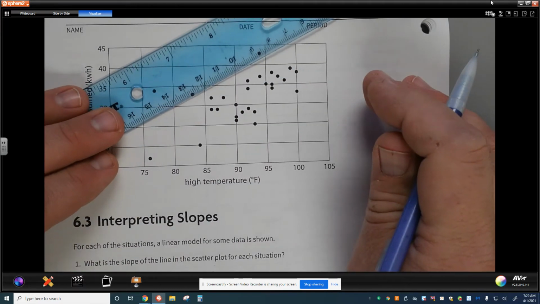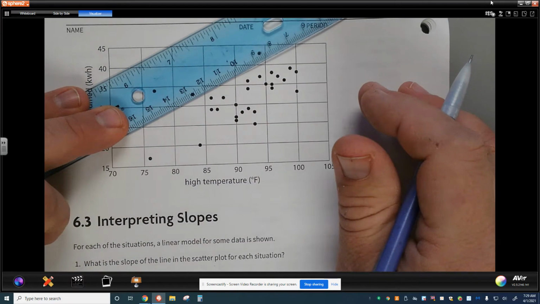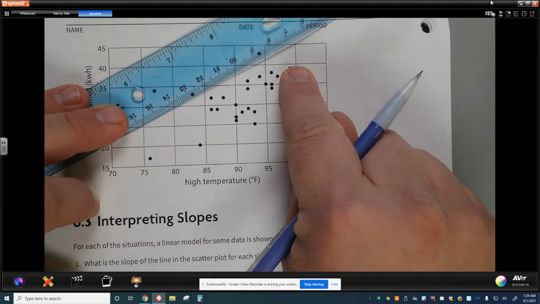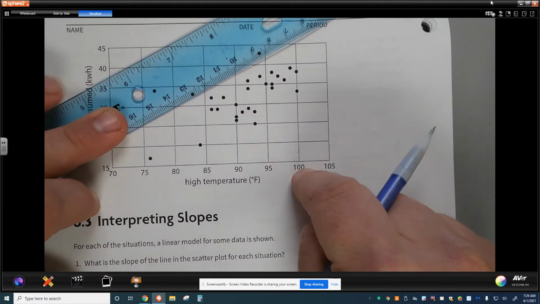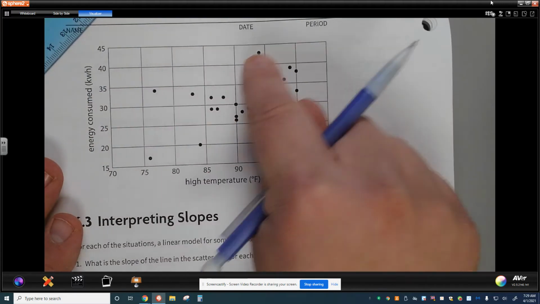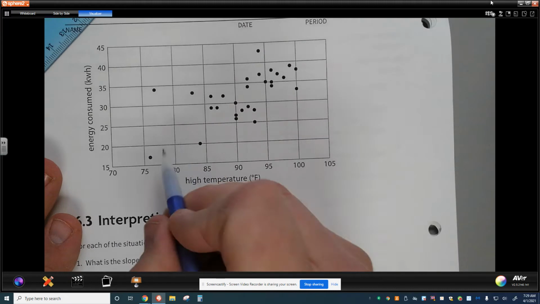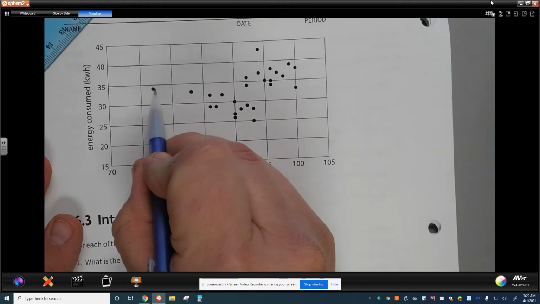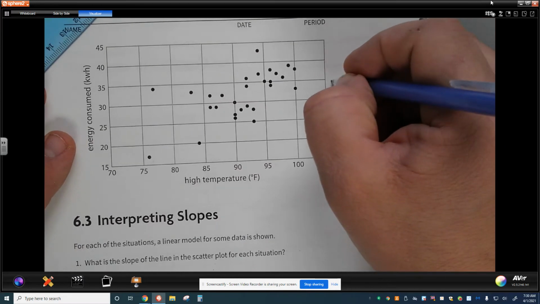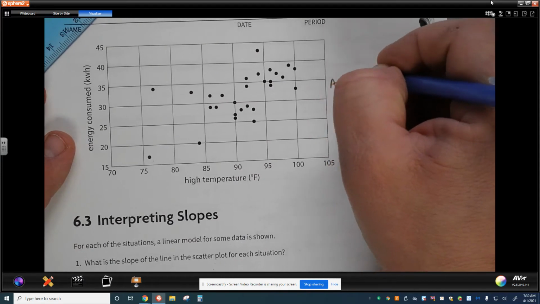If we eliminate these 3 points, we can see there's definitely a pattern here that as the high temperature increases, the amount of energy used also increases. These points over here probably tend to be somebody who said, you know what, I'm really cold, so I'm going to turn the heater on at 76 degrees, 77 degrees, maybe this is Arizona, that kind of thing. But we can say as high temperature